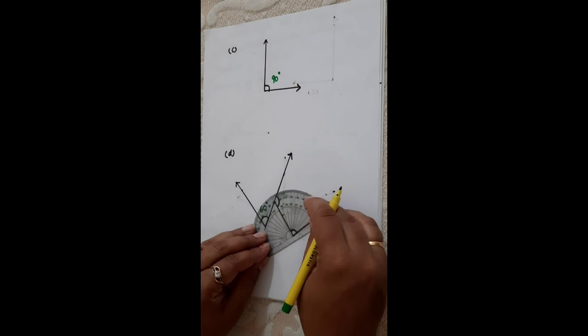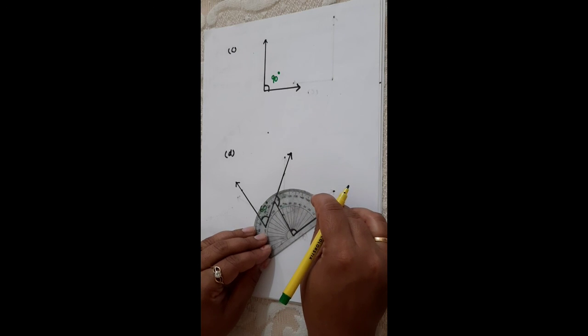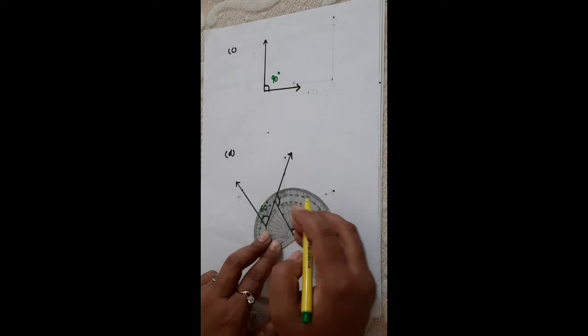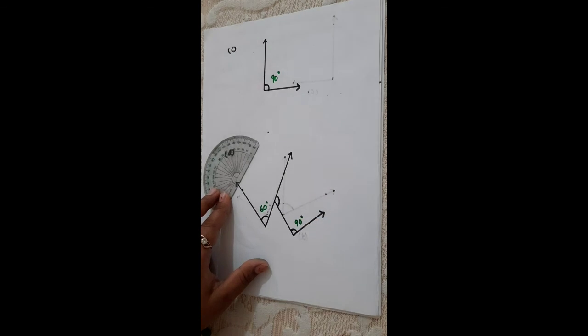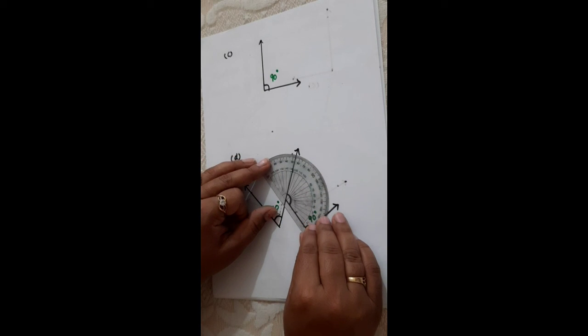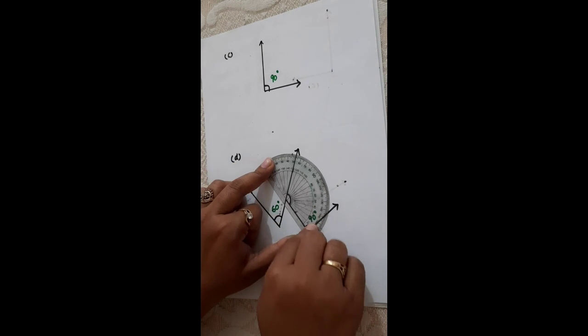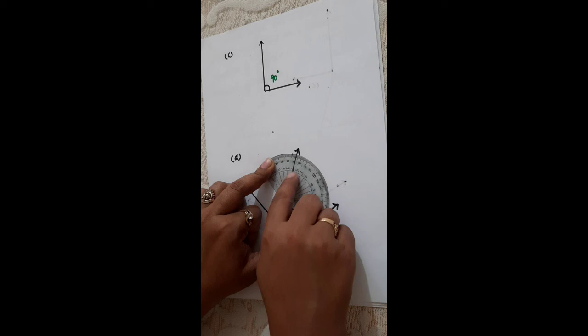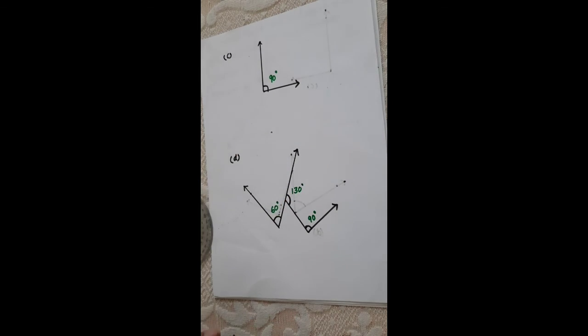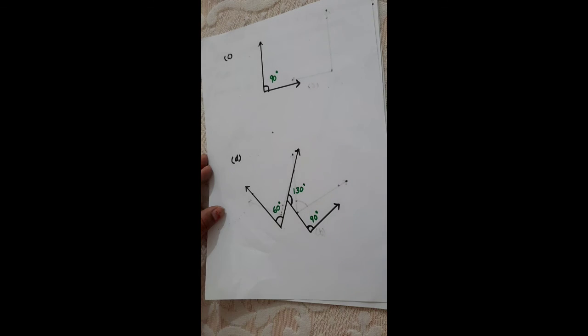Now next I will measure this angle like this at this point. So here I will get an angle that is 90 degree. Then next I will measure this as I placed over here. This is at the left, so I will measure the inner scale. Left means inner scale. Here I will get 130. You can measure from the books also.